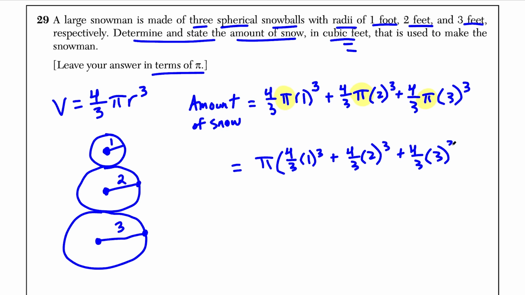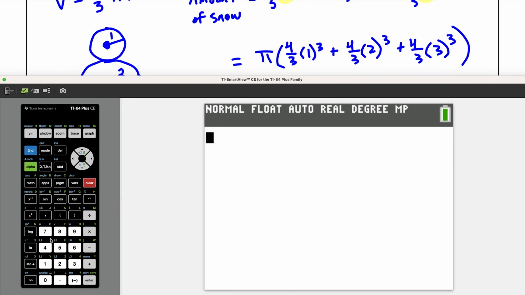So in the calculator, all we're going to be typing here is this part inside the parentheses, because once again, we want our answer in terms of pi. If we write the pi with it, it's going to give us a decimal. So let's go ahead and do that. We're just going to be writing the stuff inside the parentheses. So we have 4/3 times 1 to the third, and we'll pretend that we don't know 1 to the third power is 1. So we have 1 to the third up here like this, and then we're going to add,